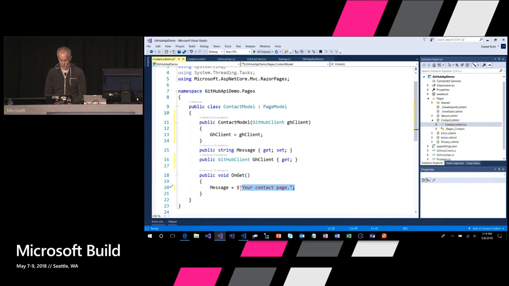Let's print out some data. So for name, we need to actually use the client. So var user equals await. This needs to be an async task. Good. Await GitHub client dot GetUser, and I can pass in my username. All right, and let's use it here. So user dot